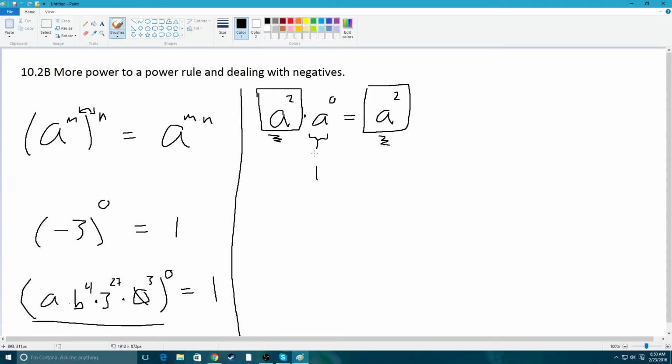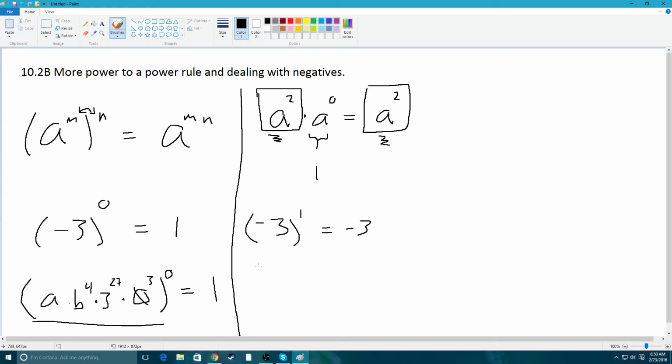So there's a little bit of foundational understanding. Anything to the 0 power is 1 no matter what. Because of our adding exponents rule, it forces anything to the 0 power to be 1. So back to the negatives. So -3 to the 1st power